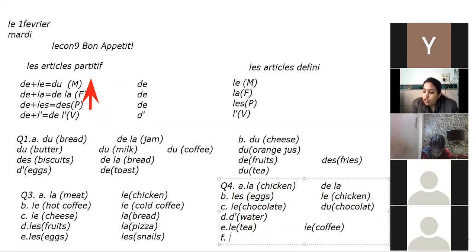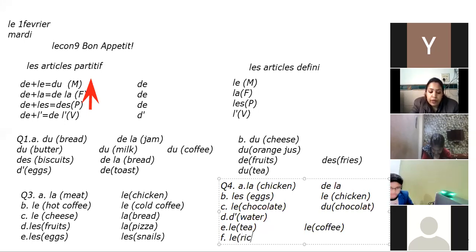Okay. F part, j'adore. Again, adorer is a verb, aimer is a verb, préférer is a verb. You can see wherever these verbs are used, there we have used the definite article. So in the F part also, je préfère le riz, I prefer rice, and je mange dash riz au déjeuner, je mange du riz au déjeuner. I eat rice at lunch. Here you are not counting how much rice you are eating at lunch, so we have placed the partitive article here. Clear, everyone?